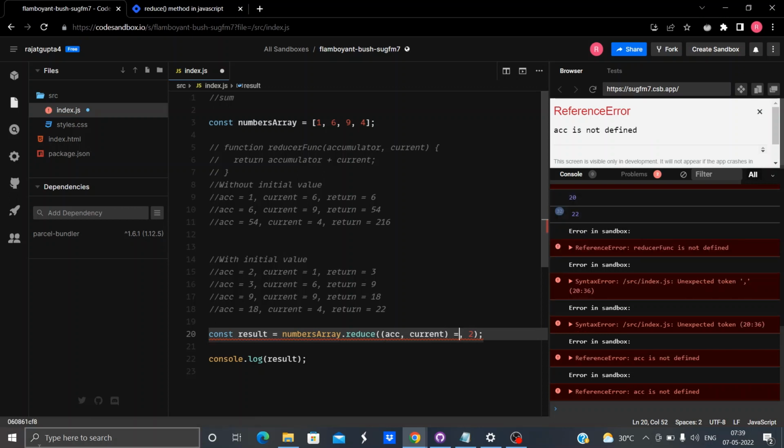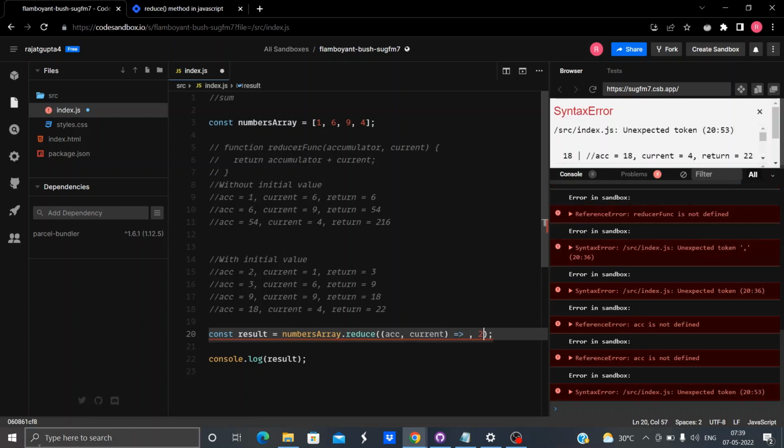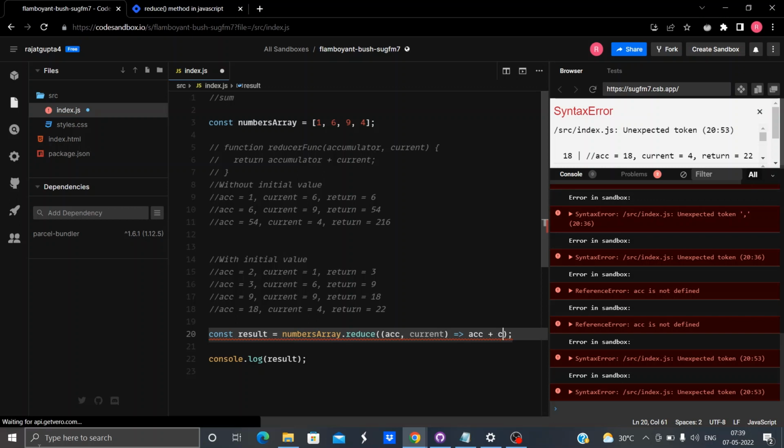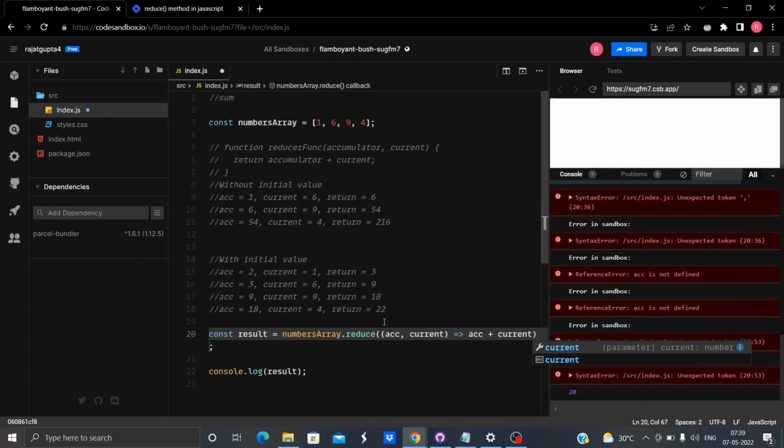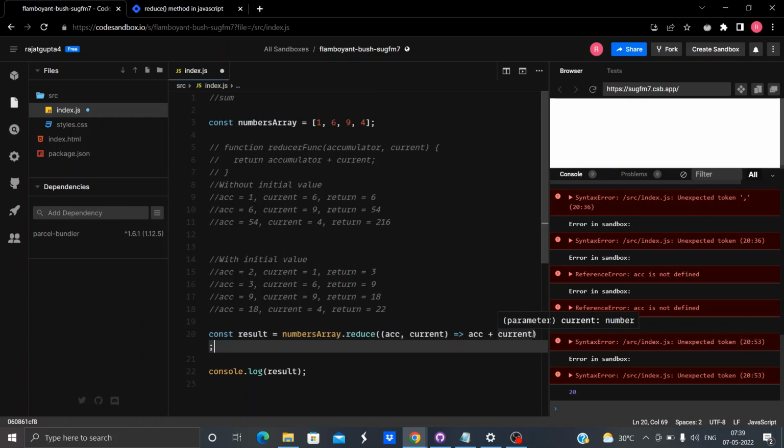So we could say, let me remove the initial value first. So we could say accumulator, current, and what we want to be returned, accumulator plus current. If you know the arrow functions, you understand that when there is a single statement, we don't have to use the return keyword.